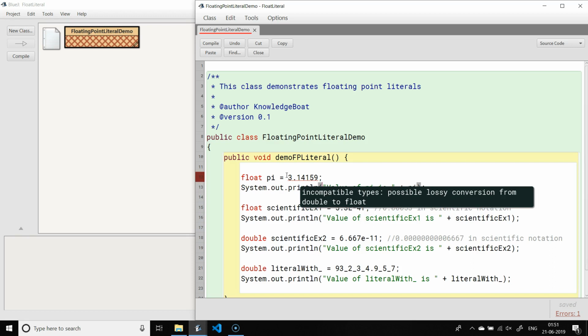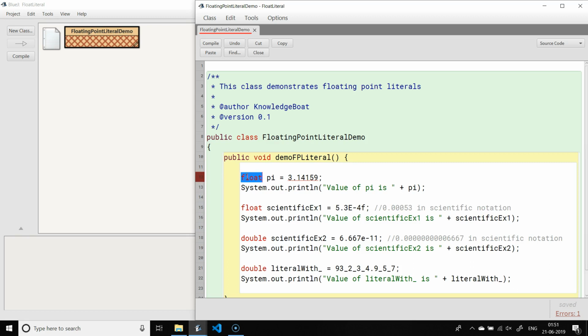What's happening here is this. When I don't specify f, Java treats 3.14159 as a double value. The variable pi is of type float. The range of float is less than that of double. So when I am assigning 3.14159 to pi, I am actually asking the compiler to convert a value of type double into a value of type float. The compiler knows that this might lead to data loss if the double value is outside the range of float. Hence, it doesn't allow any such implicit conversions and flags this as an error.